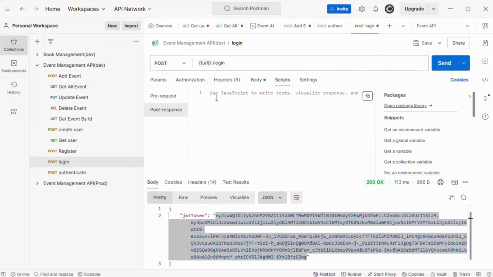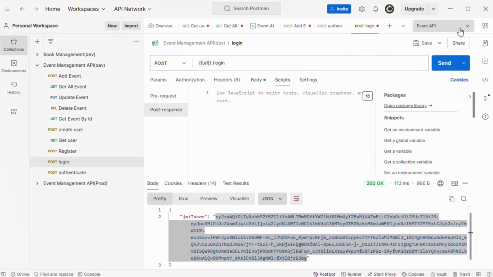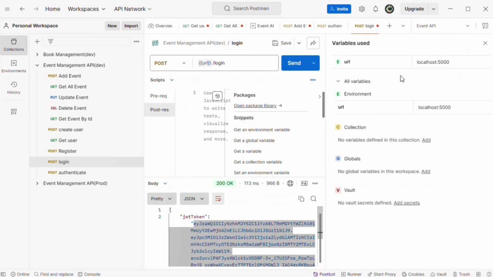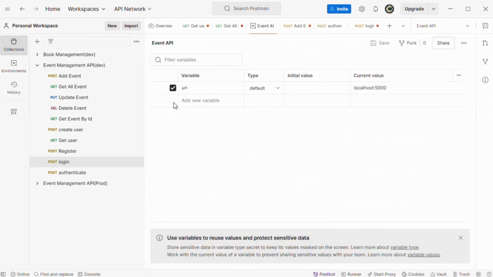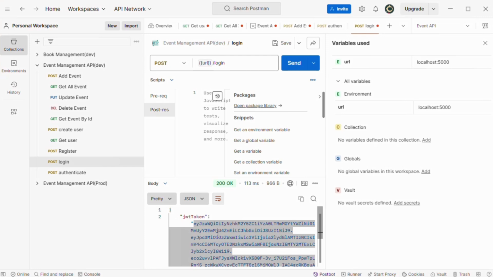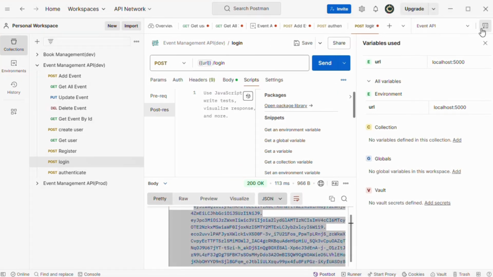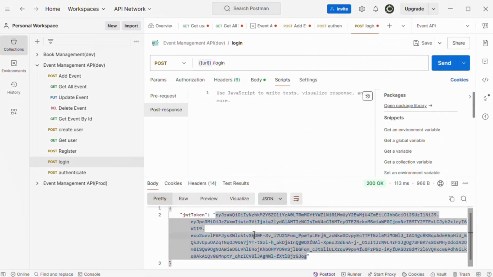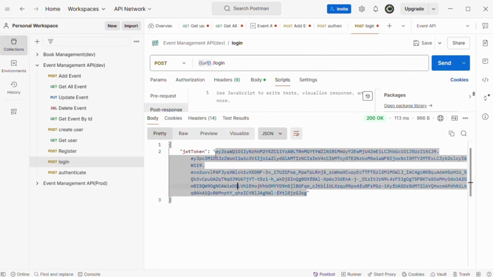Now every time we need to copy paste this token, so instead of that, we will create an environment variable and store our token there. So let's create the environment variable token, and this current value I will go back and copy. This token I will copy. Let me close this and I will copy this JWT token,